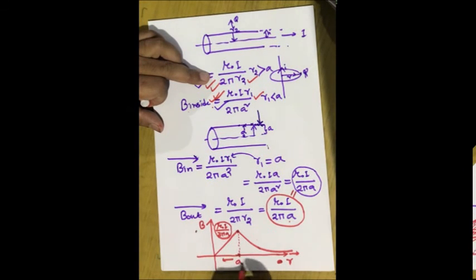So this is the plot of the magnetic field as a function of r for such a uniform current carrying wire. This is a very, very important derivation, and I hope you understand how we obtain the variation of magnetic field as a function of distance, both for inside points and for outside.